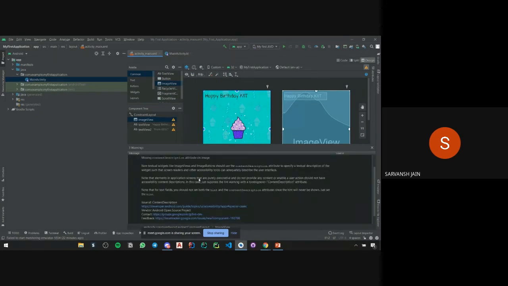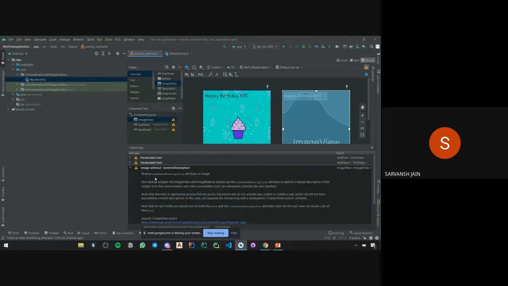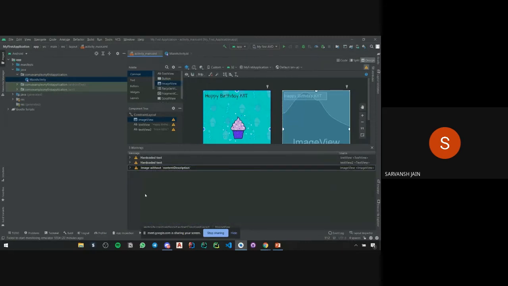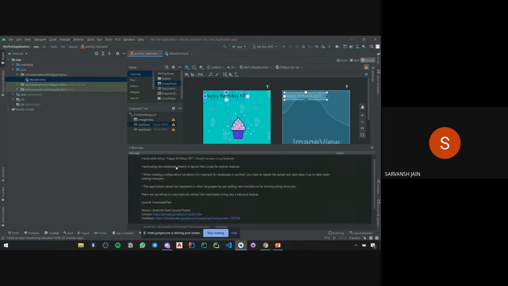So to fix this, first we'll fix this hard coded text. This warning is about the fact that you have written your code, but for many devices Android has to translate this code into many other languages. If you directly put this text into your application, every time it has to be translated.